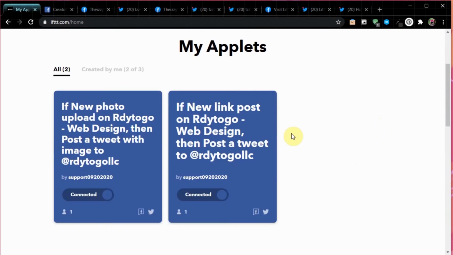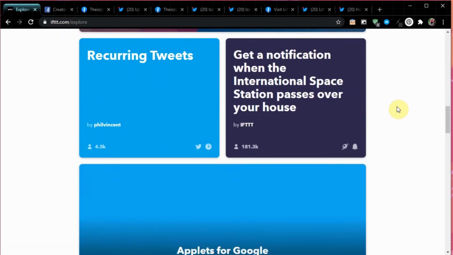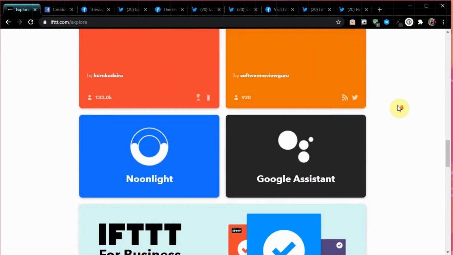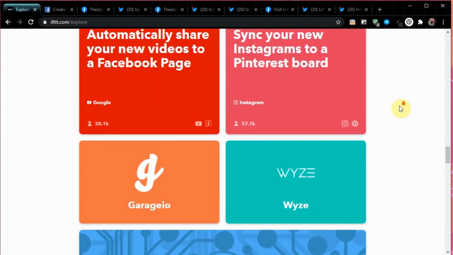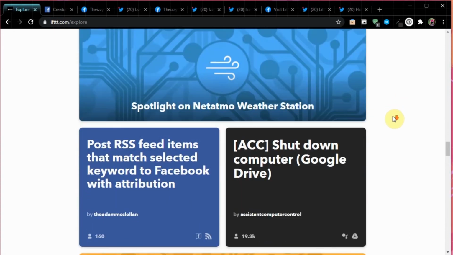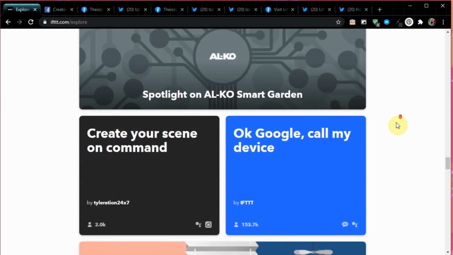So those are just 2 of my 3 that I could use, and you can do what you want with your third. Think about what would benefit you the most, which account you kind of want to have a presence on, but maybe you don't have time to log into. You can also do it for 1,000 other types of things like Dropbox and Square and Google Drive, RSS feeds. There's just really so many things you can do. So if you're into some of those other things, feel free to explore. But I just wanted to share this awesome tool with you.